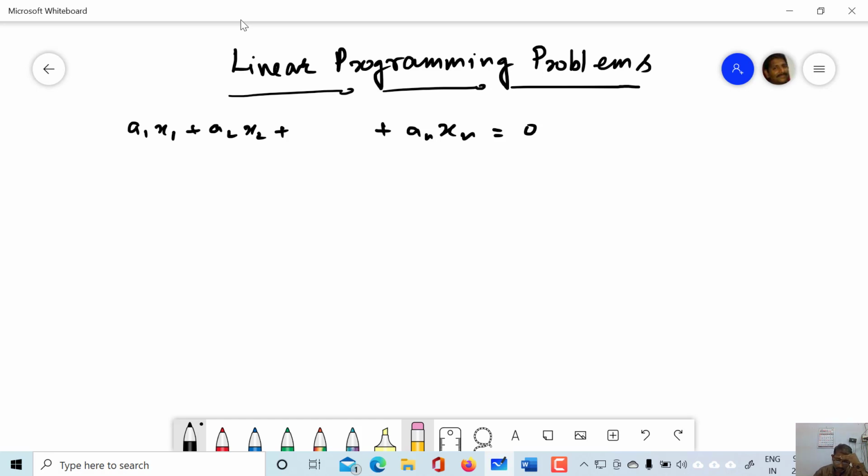Now, the problem we discussed in the previous unit: we have to maximize or minimize things. Suppose the name of the function is f(x). Either we have to maximize the function or minimize the function to get the optimum result. When we maximize or minimize, we also have to apply some kind of constraint.